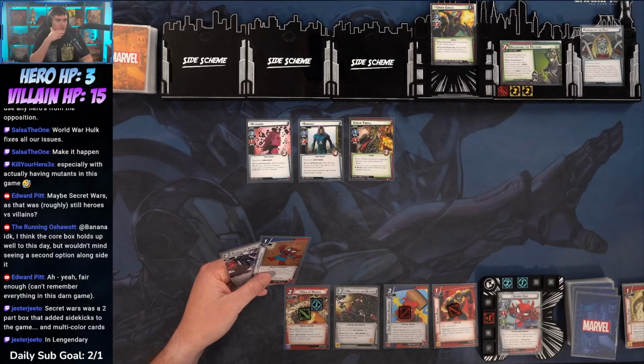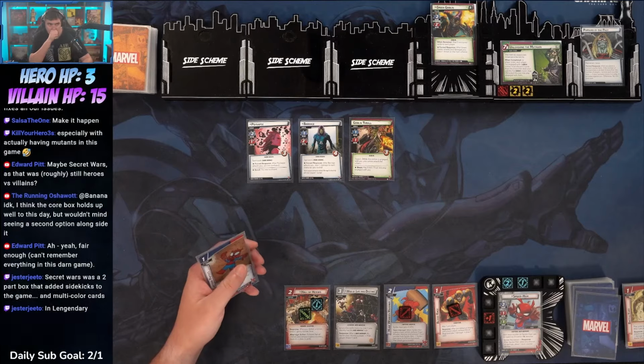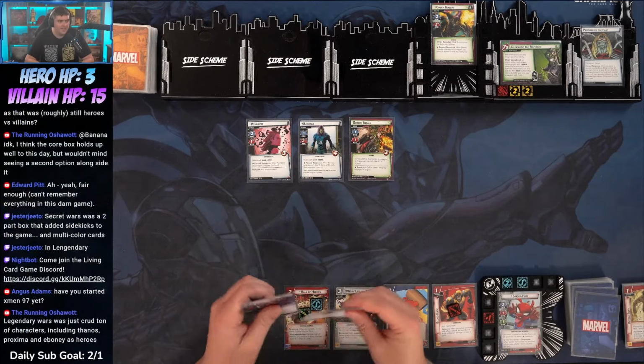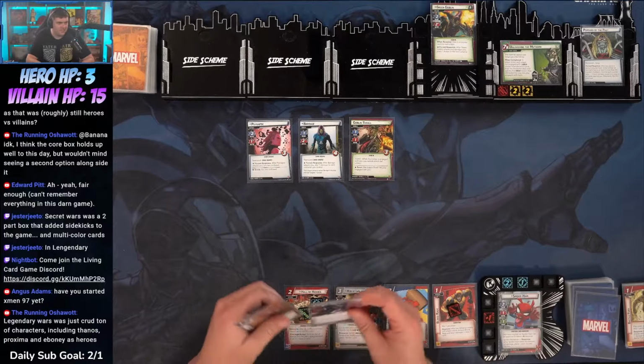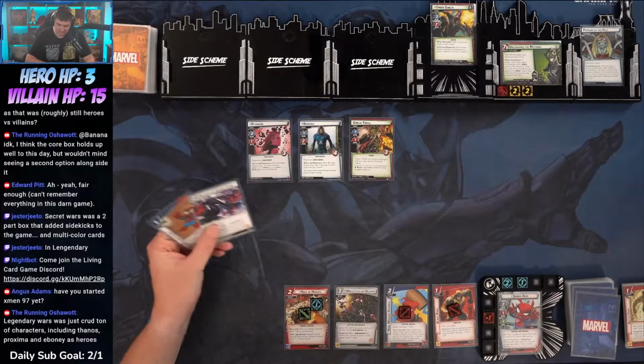Secret Wars was a two-part box that added sidekicks to the game and multicolor cards. Oh yeah, nice. Have you started? No, I haven't started in '97. Legendary Wars was just a crud ton of characters, including Thanos, Proxima, and Avani. Oh wow. Oh dang, that's